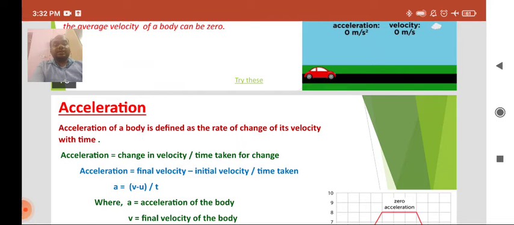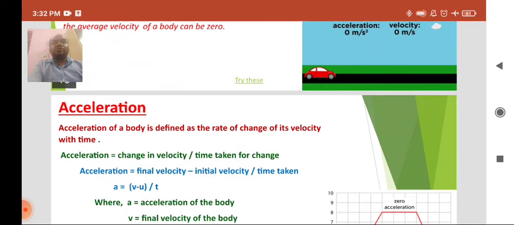Acceleration, we can define it. Acceleration of a body is defined as the rate of change of its velocity with time. Acceleration is equal to change in velocity upon time taken for change. So we can write in mathematical form: acceleration means change in velocity, that is, final velocity minus initial velocity, upon time